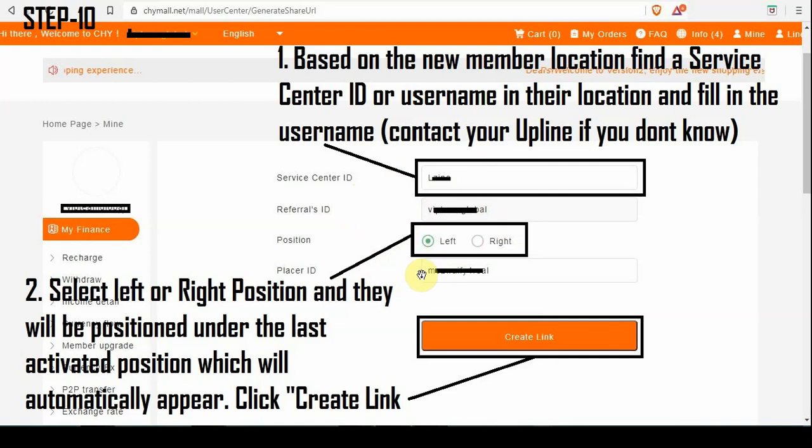All right. So when you click on that position, whoever is the last downline on the left is where the person will be placed under. So here will automatically be filled up. Once you click on left, it will automatically fill up the username of the last person that has been activated on the left. If you click on the right, it will automatically fill in the username of the last person on the right. So once you do that, all you need to do now is click generate